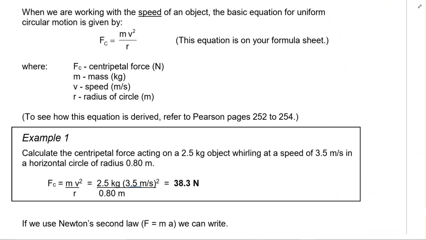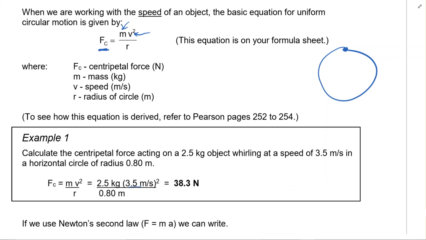So now that we have the concept of what's happening here, we've got these formulas. You're probably going to like these formulas, actually. They're pretty straightforward. A lot of just plugging in the right numbers into the right formula. So if we have our centripetal force, then we can relate that to the mass times the speed of the object squared divided by the radius. Notice that this has to be speed, right? This isn't velocity, because